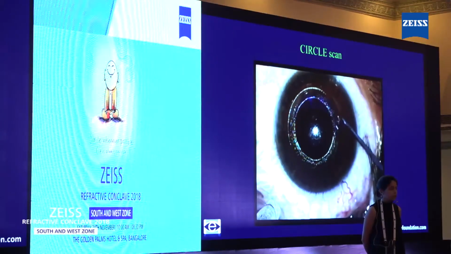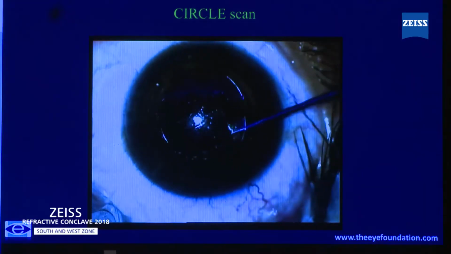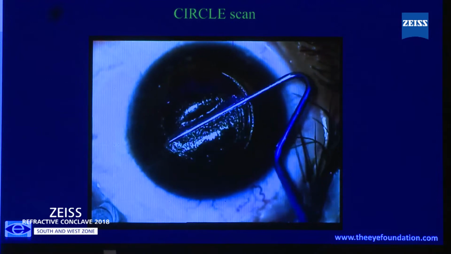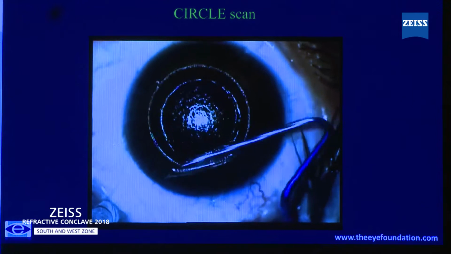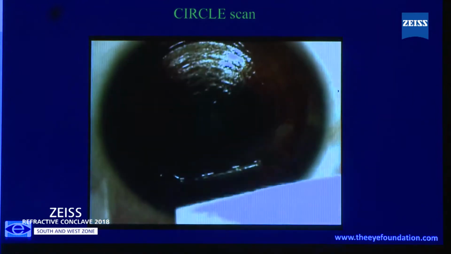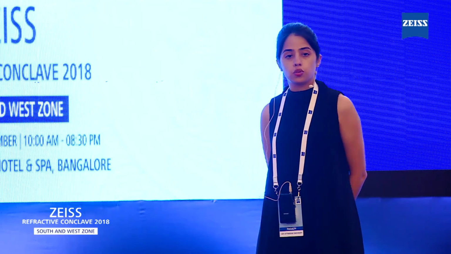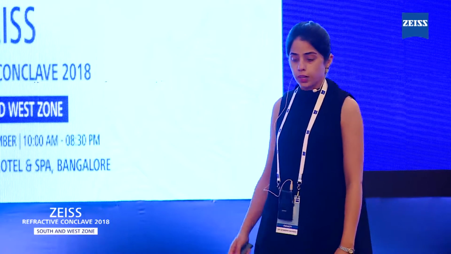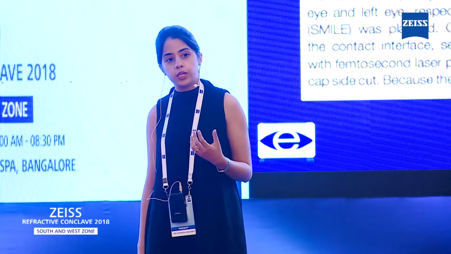The next step, as in femtoLASIK, would be to delineate the side cut, which is done by entering vertically with a sharp-tipped instrument. While delineating the flap from the underlying stroma, one has to be cautious. It's not like a femto because there is still a chance that you might have a false passage creation between the initial cap and the subsequent flap. This is then followed by an excimer ablation of the underlying stroma to give you a retreatment in cases of undercorrection or regression post-SMILE.